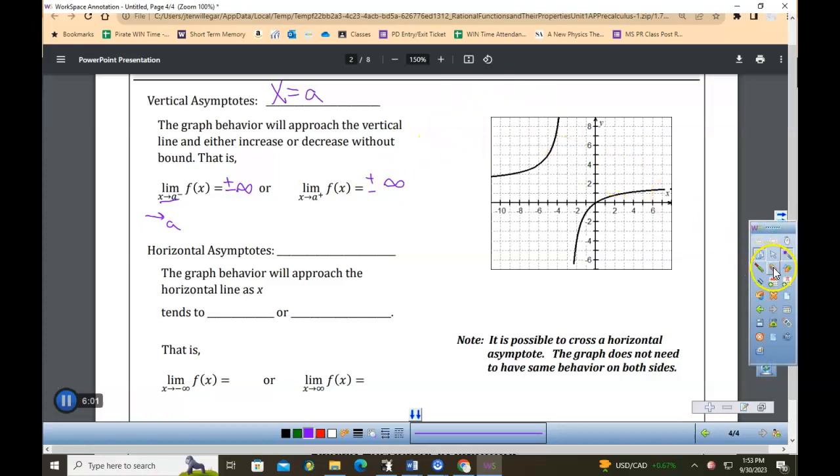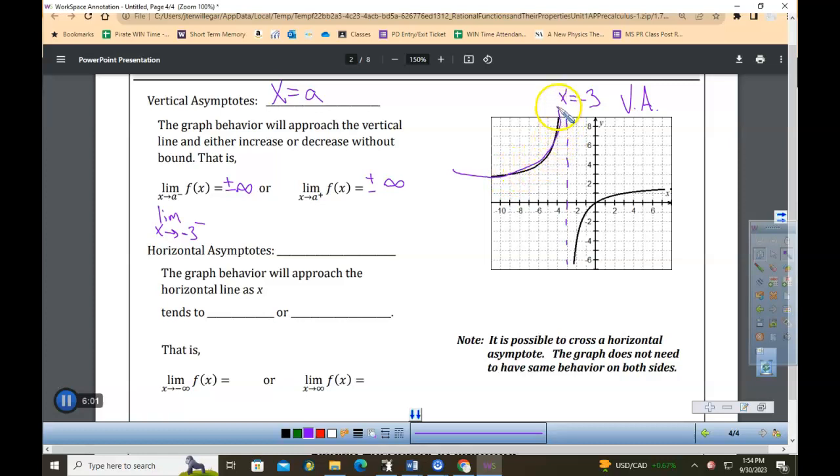So in our example on this graph, x equals -3 is our vertical asymptote. I'm going to use VA a lot, vertical asymptote. So, my limit as x approaches -3 from the negative side, so as I approach from the left side,